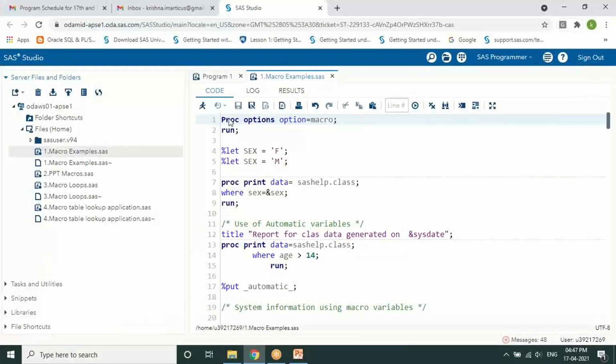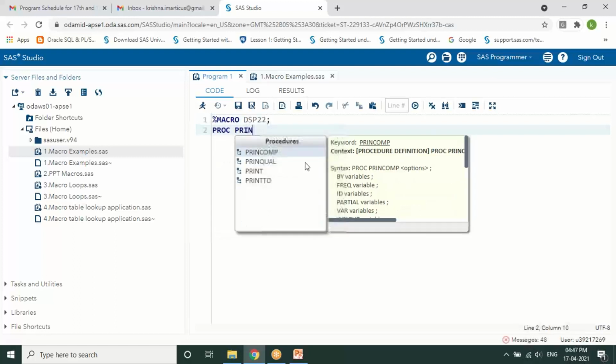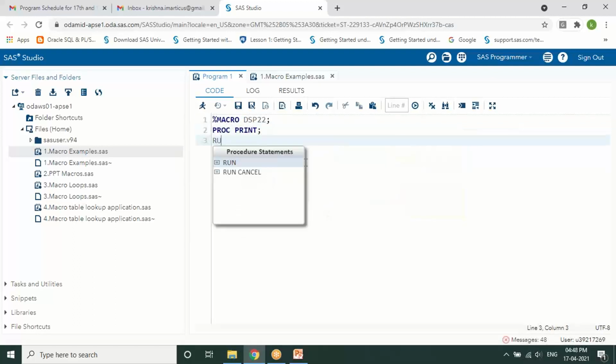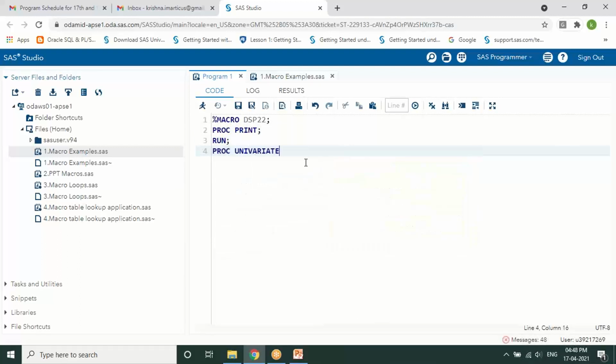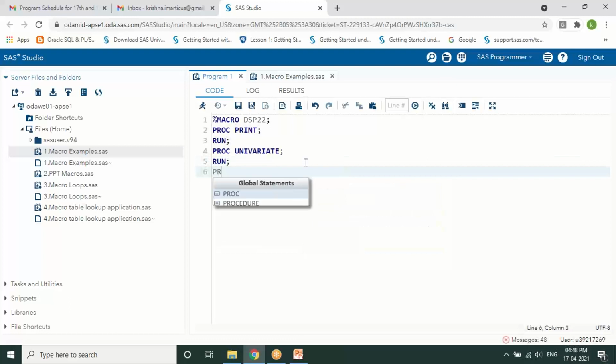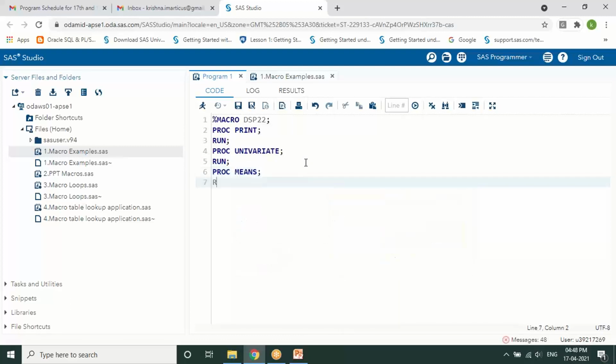Let me directly open. I'm going to create a macro with some name, let's say DSP22. Here I'm going to create some functionalities like proc print, run, proc univariate, run, proc means, run, and so on, whatever.